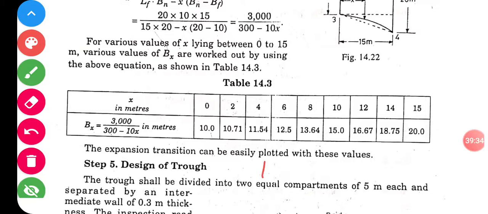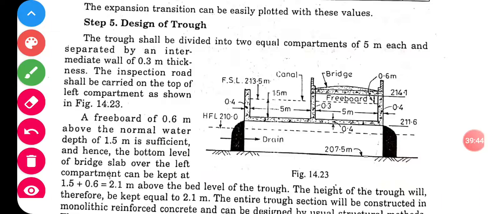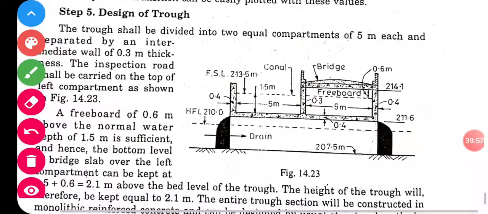And now the last step is also there, that is what is called design of trough. For design of trough, a standard formula is there. You design the trough, you will always get only an aqueduct. So in design of trough you will get only 0.4 thickness. You remember all those values, that's all. I am just telling you these values, thickness of the trough. You remember these values, and that is enough.